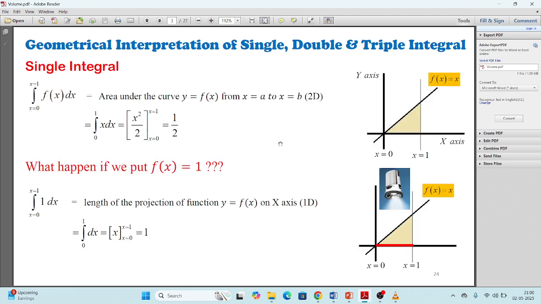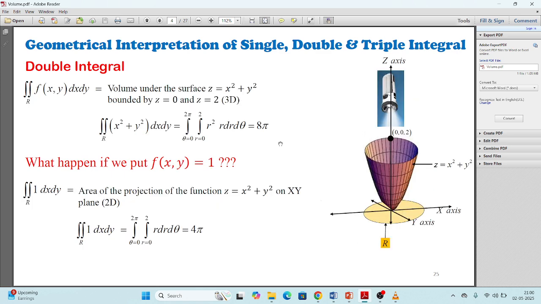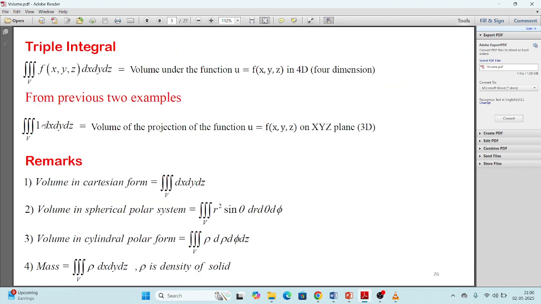As discussed initially, area can be represented by double integration as well as single integration. So when we are evaluating double integration with some integrand, it gives you a volume, and the same volume can be represented by triple integration when your integrand is equal to 1. So when I'm defining volume in Cartesian form, it is given by triple integration, integrand 1 dx dy dz.